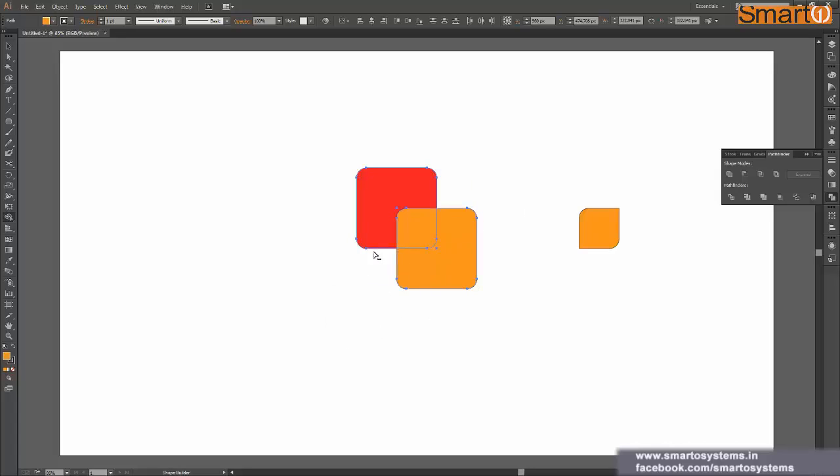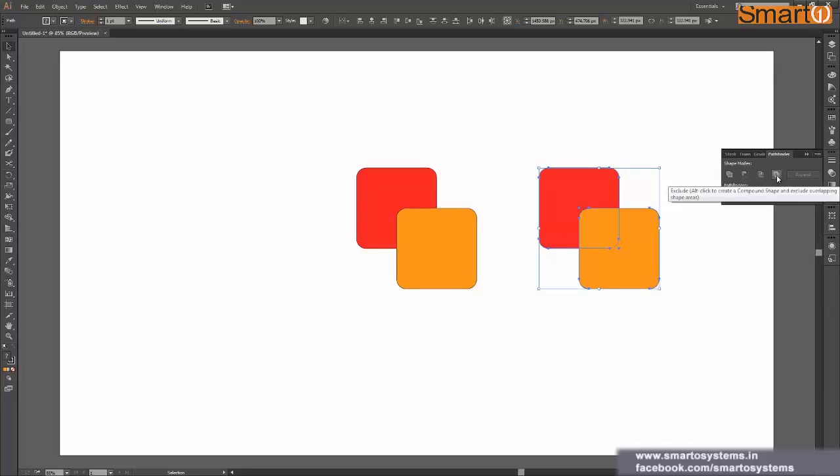I'll explain once again. You can press Alt on your keyboard, and once you go to any of these rounded rectangles, you can click on it, and now drag your mouse. Keep pressing Alt during this operation, and you can drag it to another rounded rectangle over here, and once you release your mouse click, you will have your middle shape intact, because my shape builder tool line has not gone through this middle shape, otherwise this whole shape would have been removed. Okay, so here we have performed the intersect operation. Now unfortunately we cannot perform exclude over here, or I think we can. Let's see how exclude works.